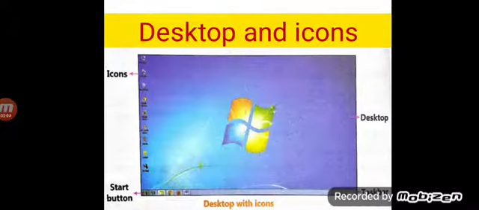Desktop and icons, right? The first screen of the computer is called a desktop, as you can see on the screen, right? As soon as you start a computer, the first screen which appears is called the desktop. And you can see those small pictures which appear on the screen on the left side. It is called an icon. So all these little pictures which are there on the desktop are called icons,